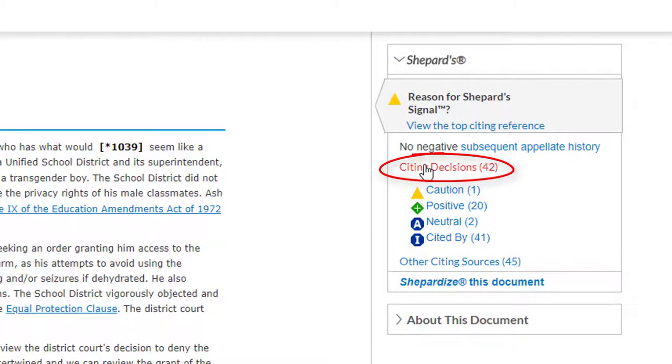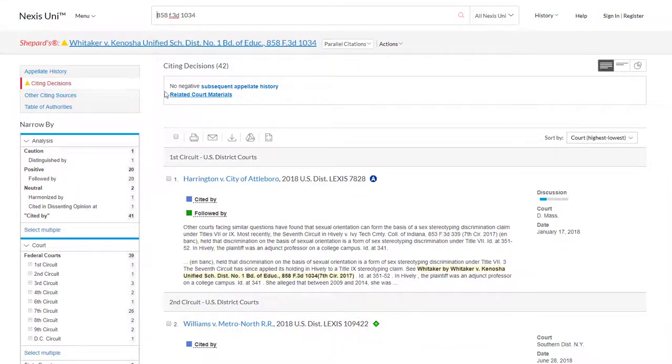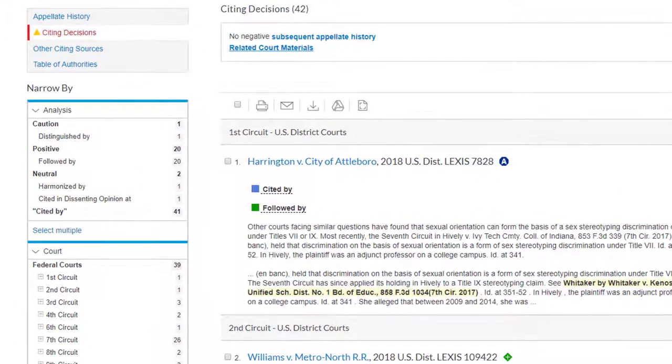So, if we click Citing Decisions, we get a list of all the cases that have cited this case. Notice the limiters on the left-hand side. For example, if all you care about are citations in federal courts, or you only want the cases that cite the case positively. Shepard's is a quick and powerful tool to find all subsequent information on your case, but be